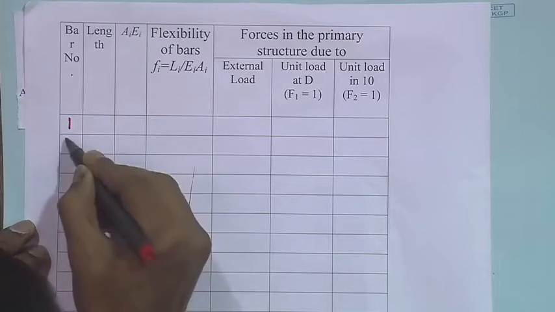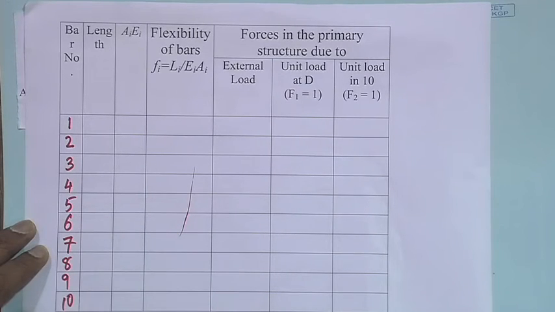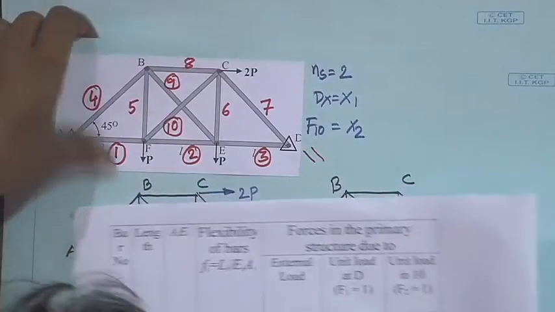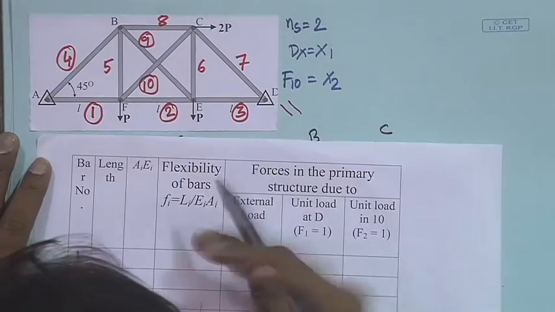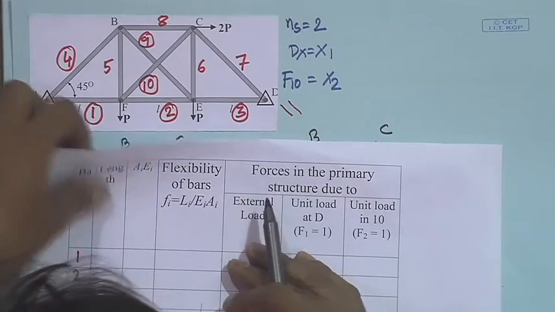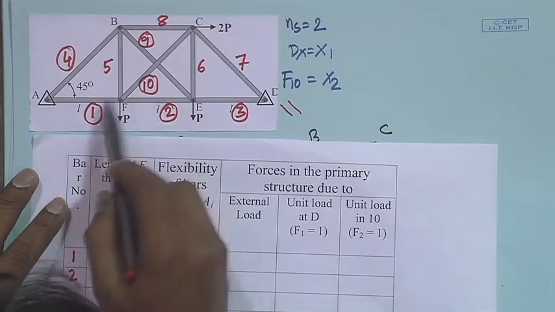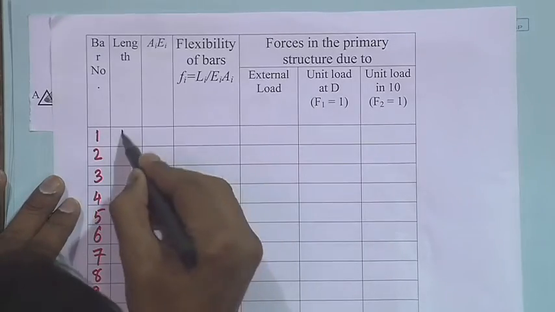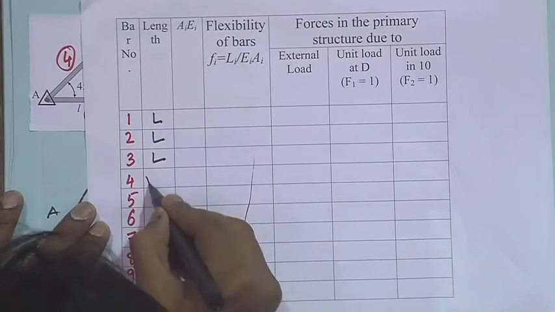So we have a total of 10 members: 1, 2, 3, 4, 5, 6, 7, 8, 9, 10, and then the lengths. These are all 45 degrees. Intentionally I took 45 degrees because then the calculation becomes slightly easier. Now, all these vertical and horizontal lengths are L, and the diagonals are root 2 L. So these become L, member 3 is L, then member 4 is a diagonal, so this becomes root 2 L,